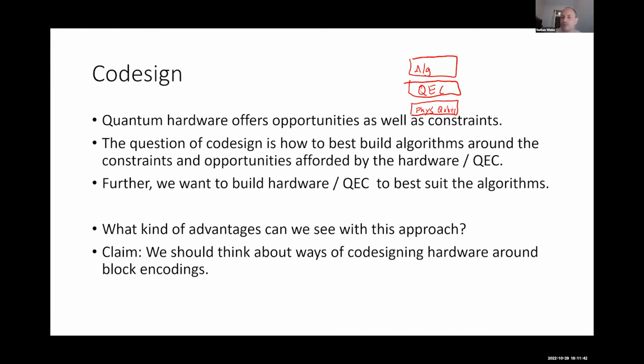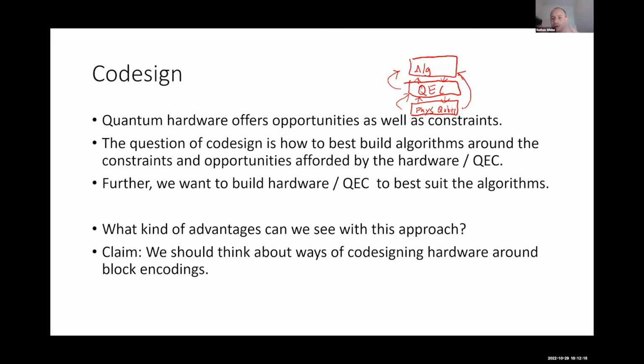And the key thing is that if we know we've got an algorithm, what we should be doing is we should be finding the right quantum error correcting codes to meet the needs of the algorithm, because the interface to the algorithm is actually through the quantum error correcting code rather than through the physical qubits in this case. And we should tailor that in order to fit the algorithm, not just the physical layer in order to fit the algorithm.